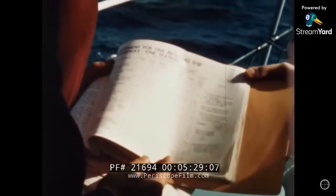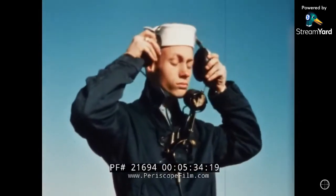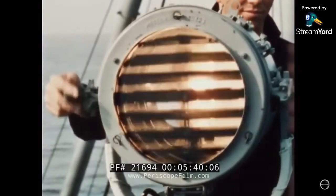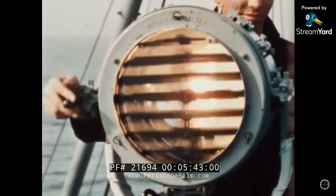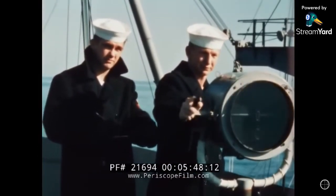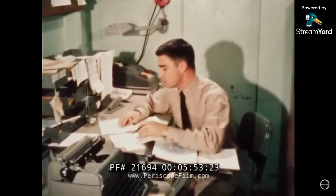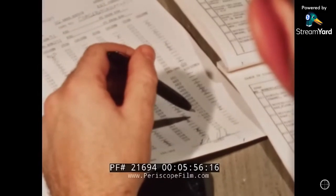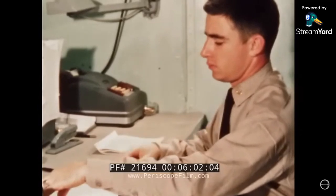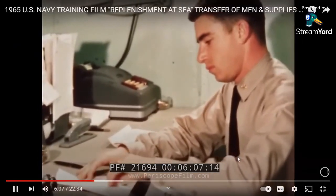a checkoff list of all the equipment that should be on hand. Checking the sound-powered phones in advance does not take long, and it can save a good deal of aggravation later. As far in advance as possible, the supply ship should be notified of any special requirements, such as the number of movies to be exchanged or the need for personnel transfer. If scheduled to replenish at a later time, the supply officer of the receiving ship should complete and submit the requisitions for the next replenishment. Ordering this far ahead ensures that the replenishment force has the time they need to process or...